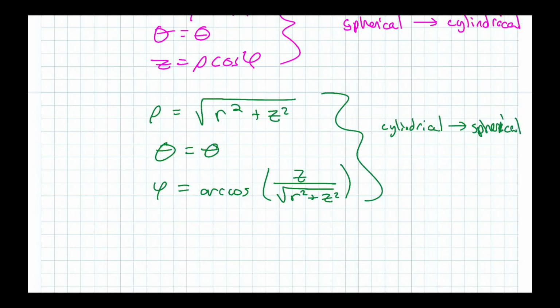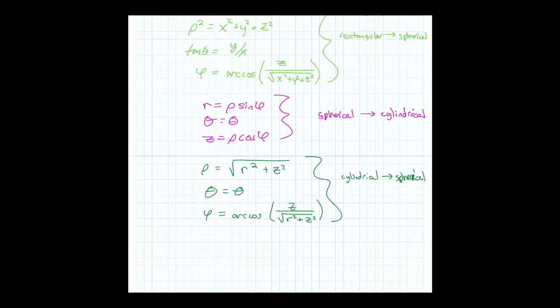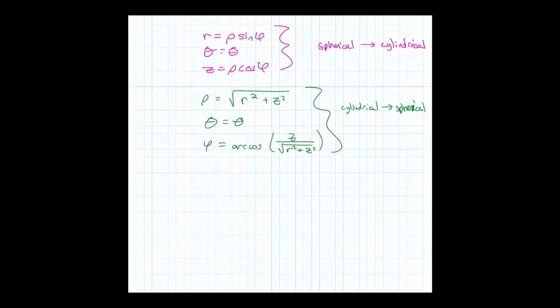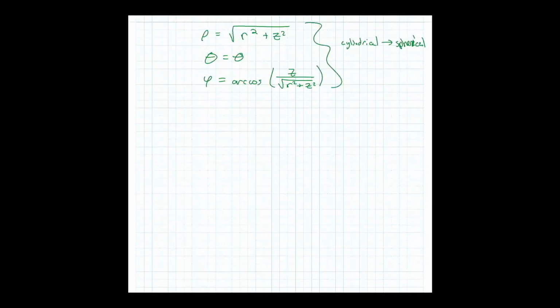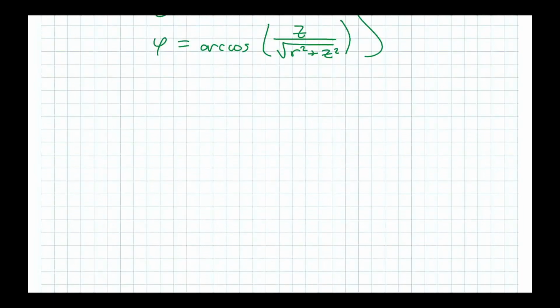So you have a lot of conversions because we now have three different types of coordinates, and you can convert from any of them to any of them. Now, you get these all straight from trigonometry. I don't know if I really want to derive all these, so I won't. But let's think about